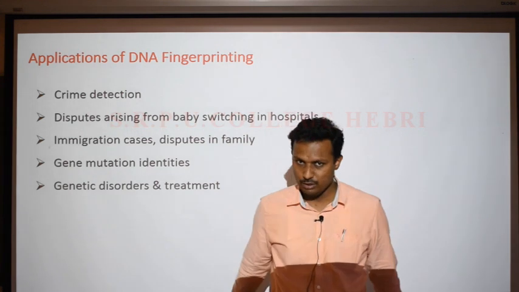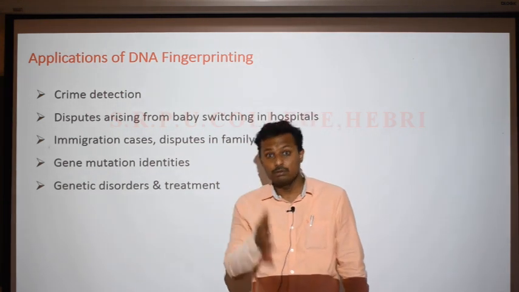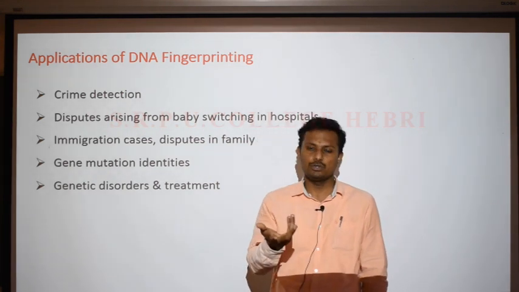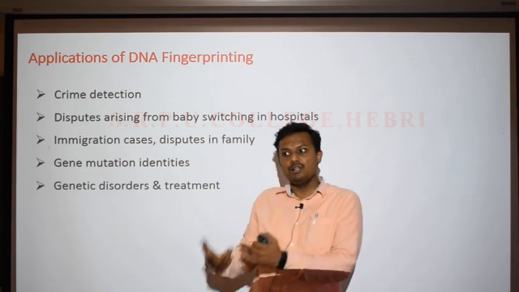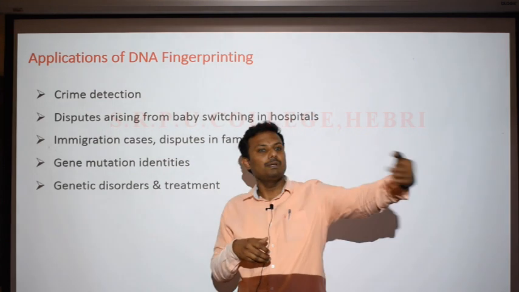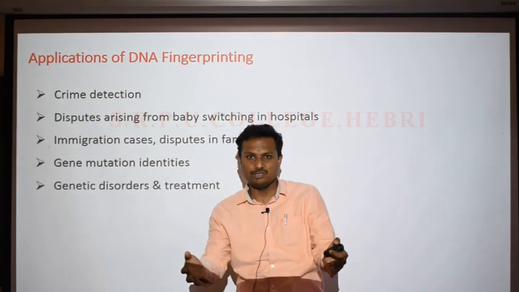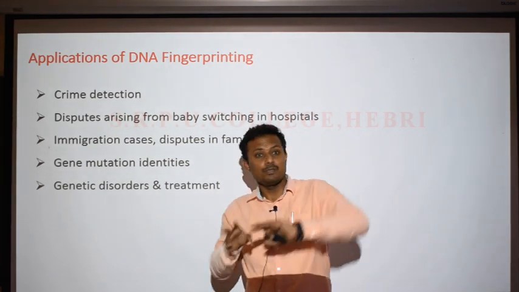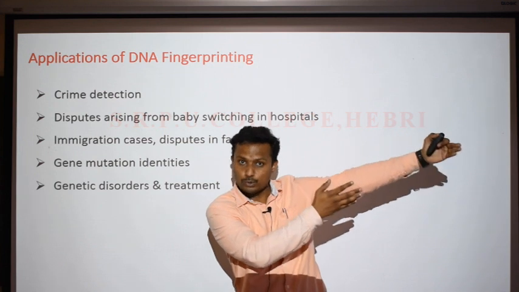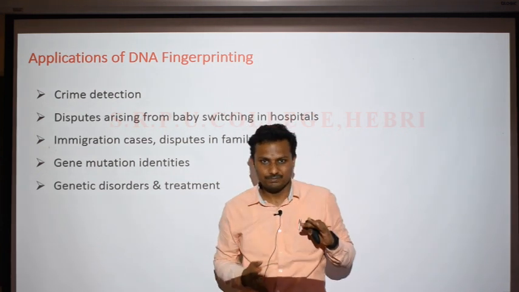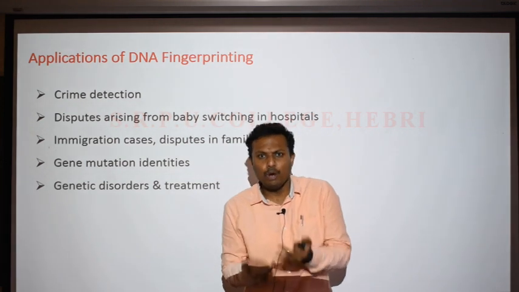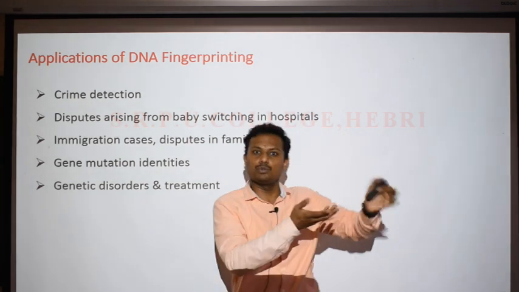In India also, people believed that a boy child is a fortune to the family, and a girl child is a misfortune to the family. Because of that, if a girl child was born, people used to bribe the doctors or the nurses, and by bribing them, if another baby born to other people was a baby boy, it could be switched. Or a baby born with some deformity could be switched over.